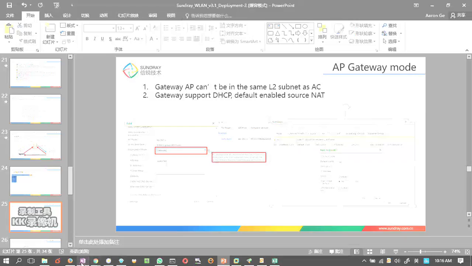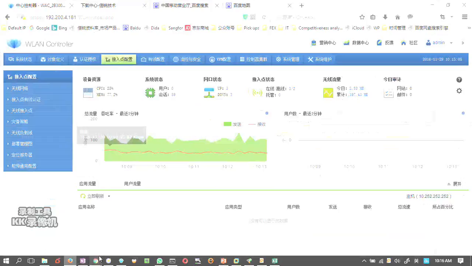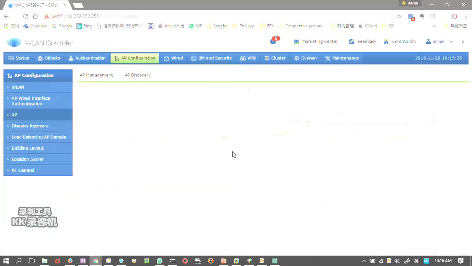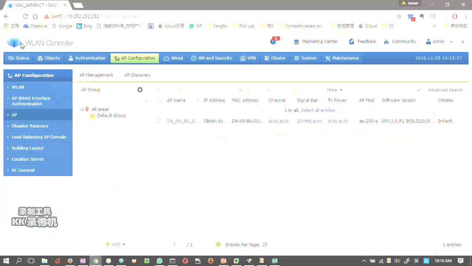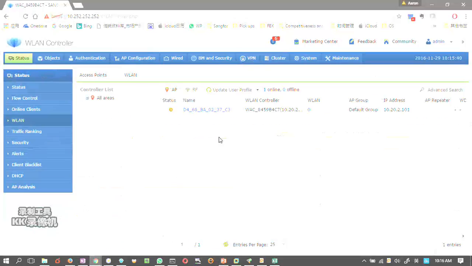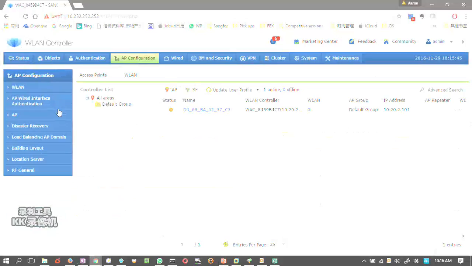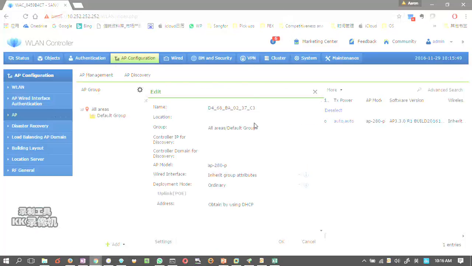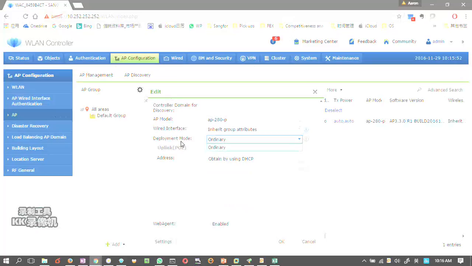So here, for example, we have one access point, and we change that. This access point does not support the gateway mode. This is the panel; the UO access point does not support gateway mode, so we have to